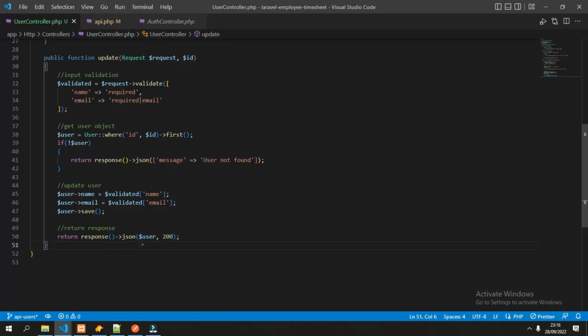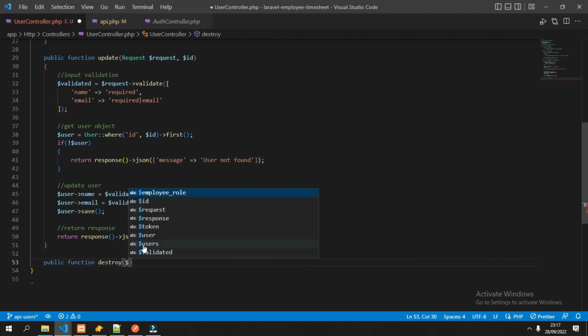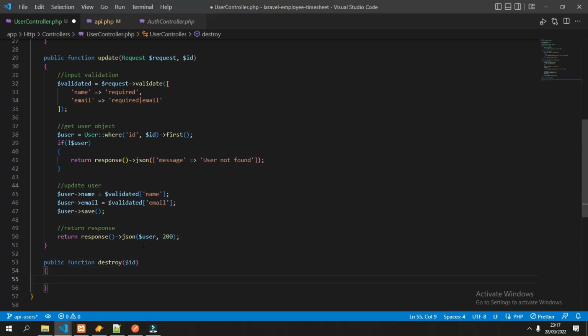Now the last function in this controller is delete, or in Laravel it is usually called destroy. And it only expecting an ID similar like in the user details. For delete, it is very simple.